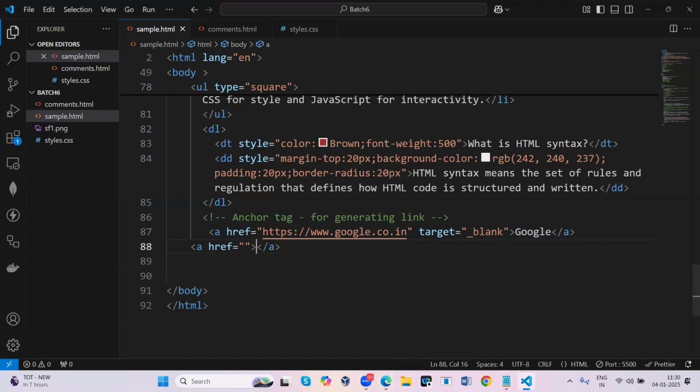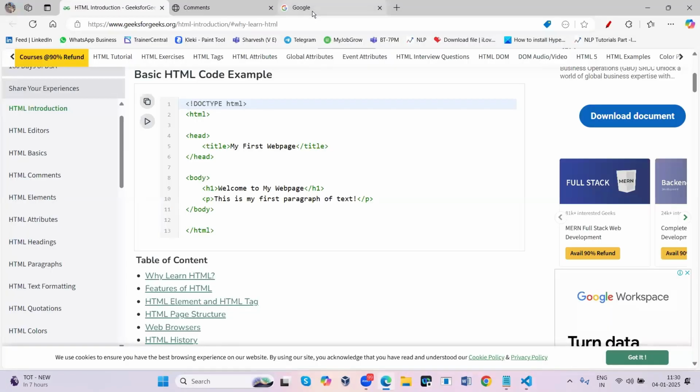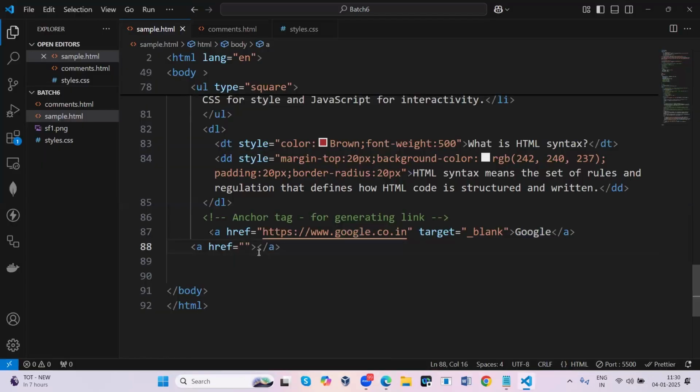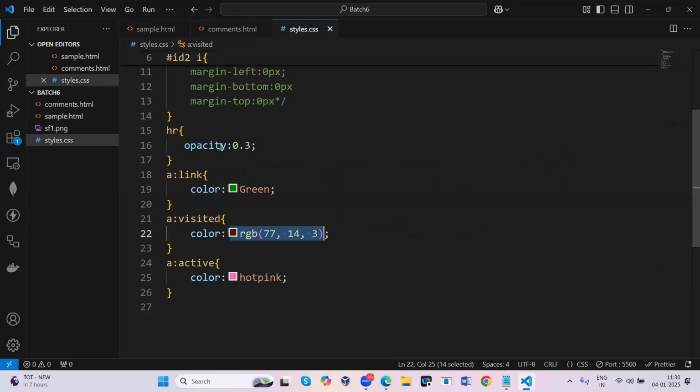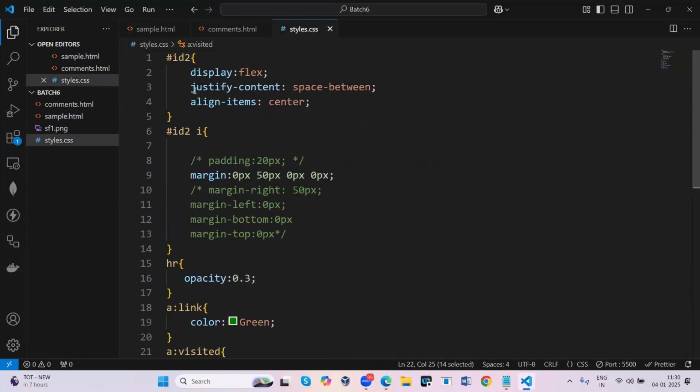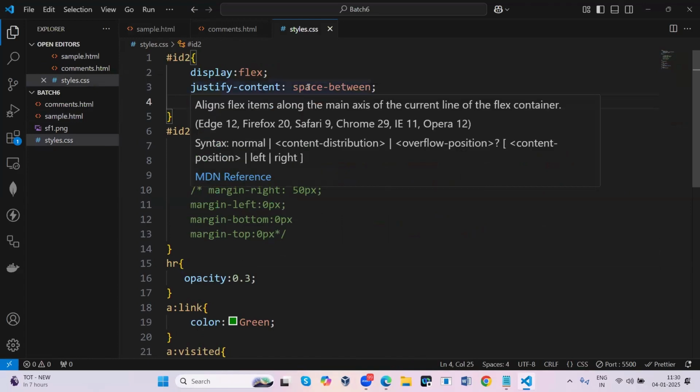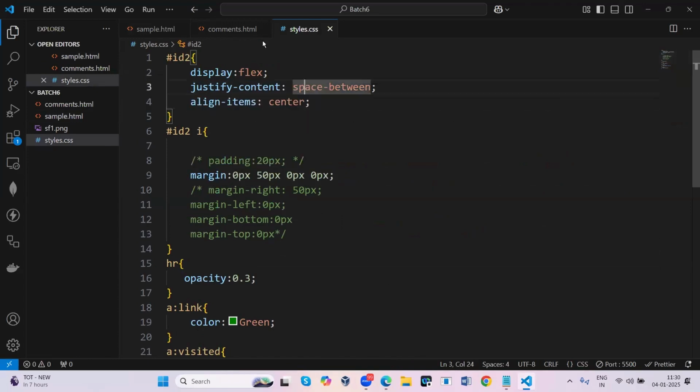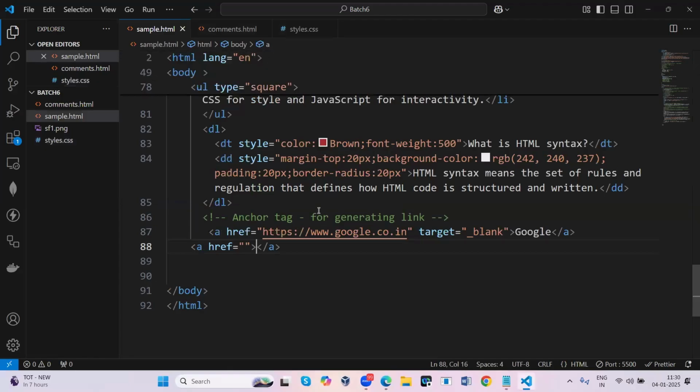We know how to get those icons by using Font Awesome. You just copy it and place it in these anchor tags, and you make it in a single line at center. We learned the display flex property, and here instead of justify content space between, just make it center so that everything will be at center. That will be seen in tomorrow's session.